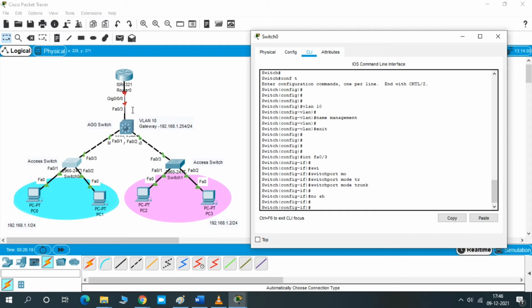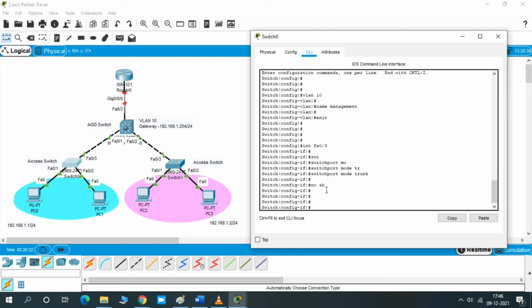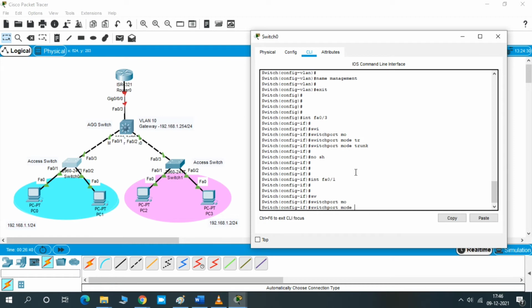So just type interface FA 0/1. Give no shut and switch port mode access. Switch port access VLAN, you have to give the VLAN number.